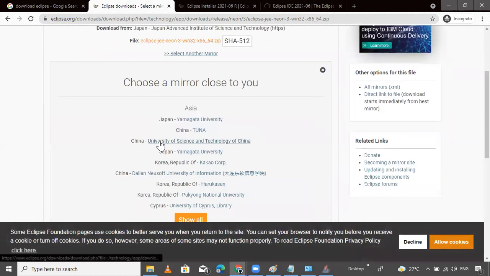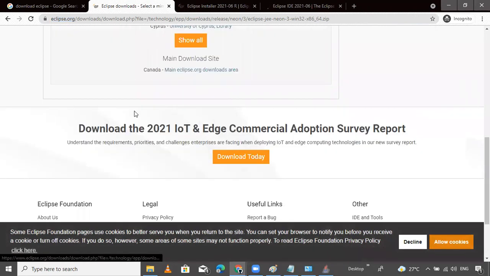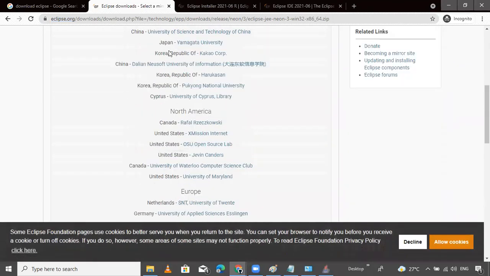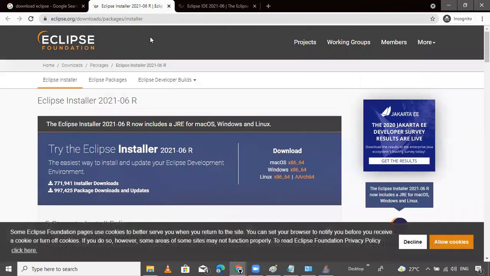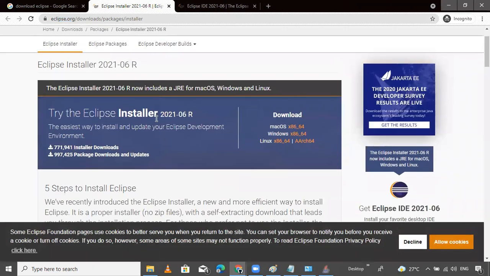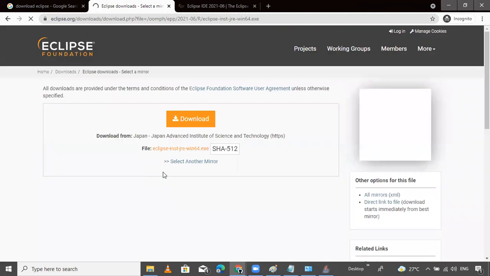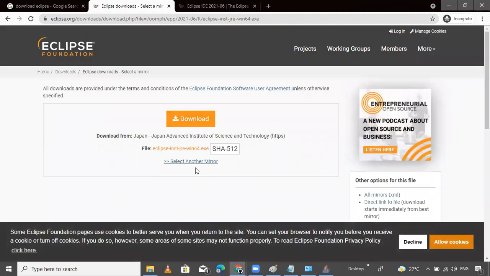See another mirrors. If you want Mac, Windows, Archive, all these things are available. 2021 is available. You can download it, click here and here. Then it starts to download.